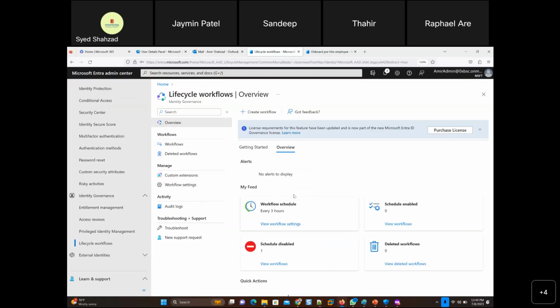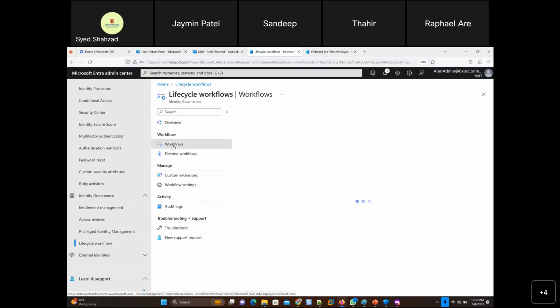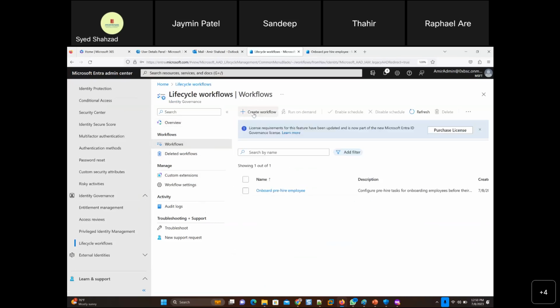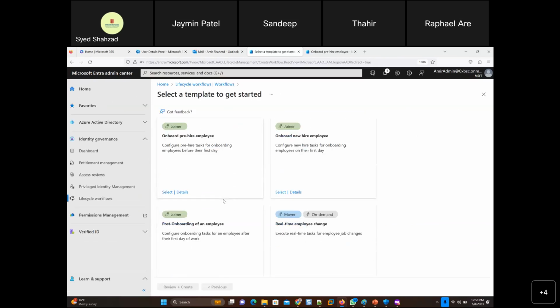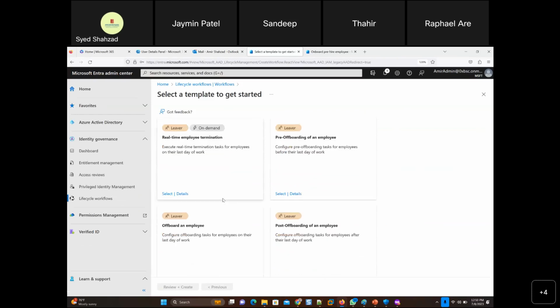But you get the idea of how workflow works. And I could save one or two hours of setting up everything, or half an hour, just by creating this workflow. And the company would love those people who are automating their tasks, right? This is just one workflow. There are so many templates for workflows if you go to create workflow, and they will be adding many more templates. This is just the start.